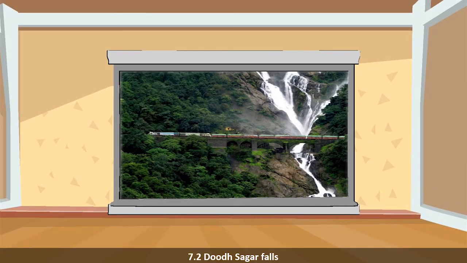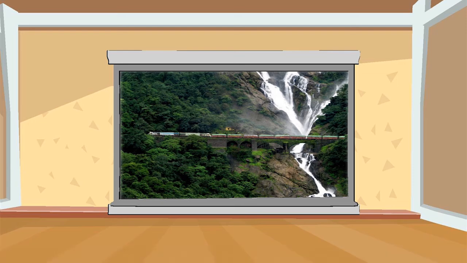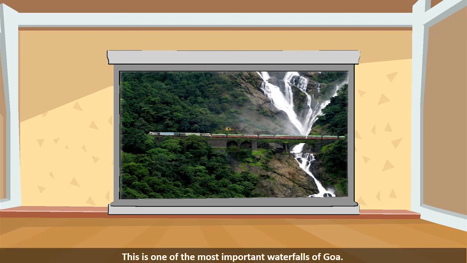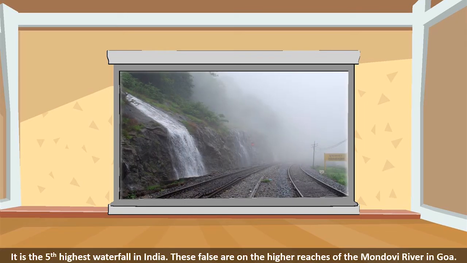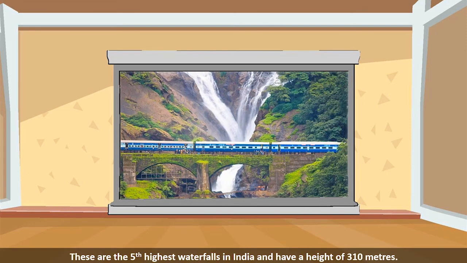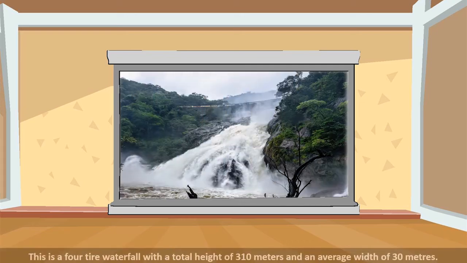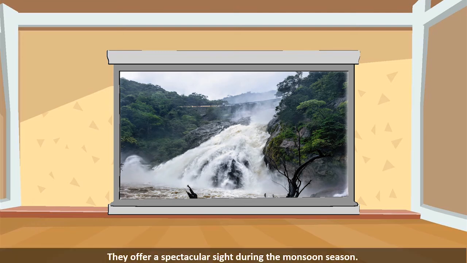Dear children, next we are going to discuss a waterfall, extremely scenic and a very important tourist location. This location has been spotted in various movies as well. The location we are discussing is the Dudhsagar waterfalls. This waterfall is the 5th highest waterfall in the world. The height of this waterfall is 310 meters and a width of 30 meters. The best season to visit this waterfall is the peak monsoon season.